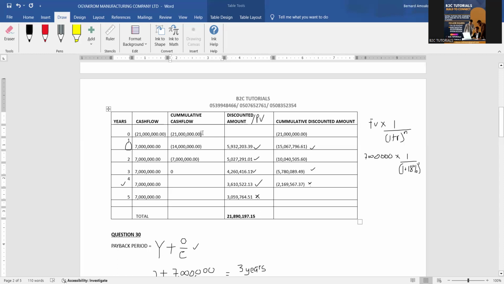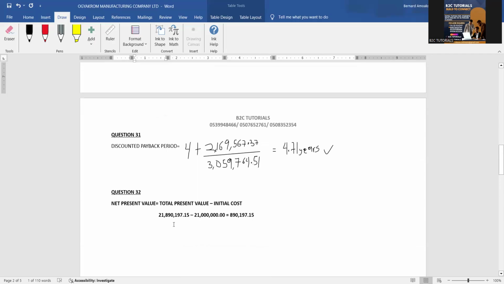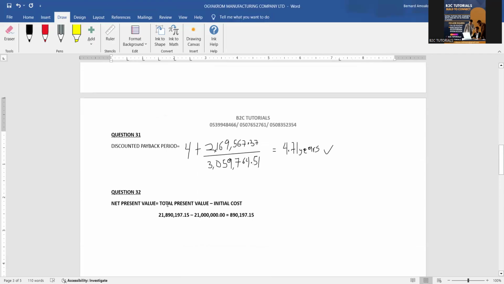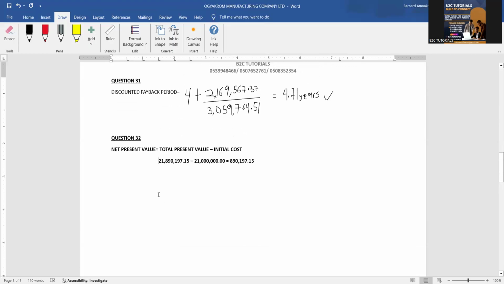So this is your initial outlay, the amount of money you spent at the beginning of the year, the 21 million. So if I take this 21 million from my total present value of 21,890,197.15, it will give me my net present value. And this is it. Okay. So after doing this, our net present value is